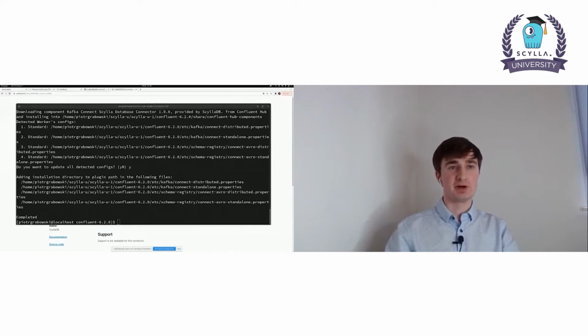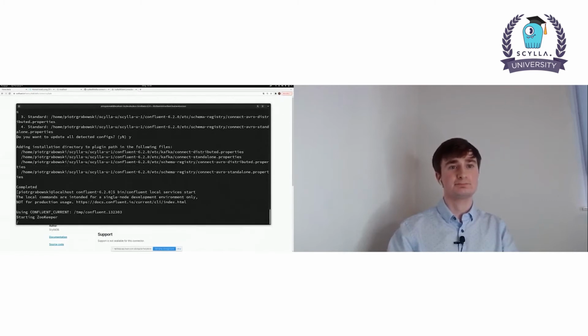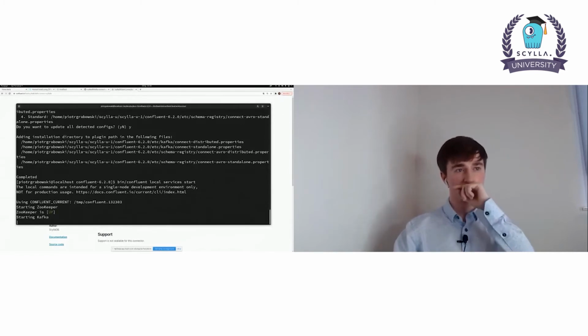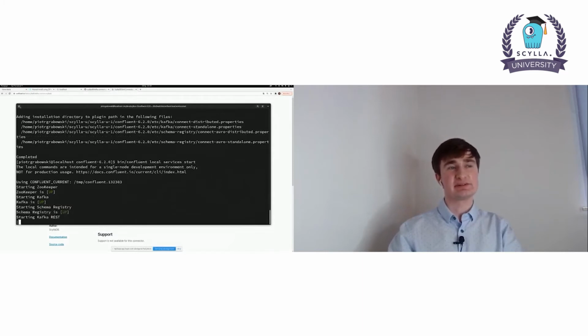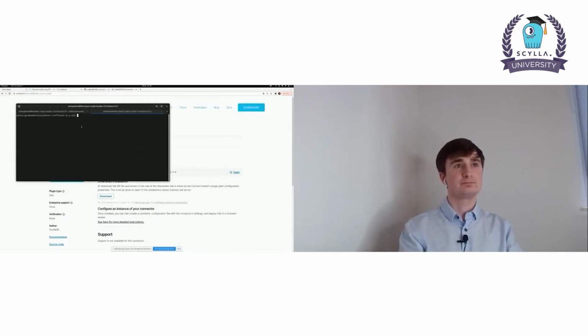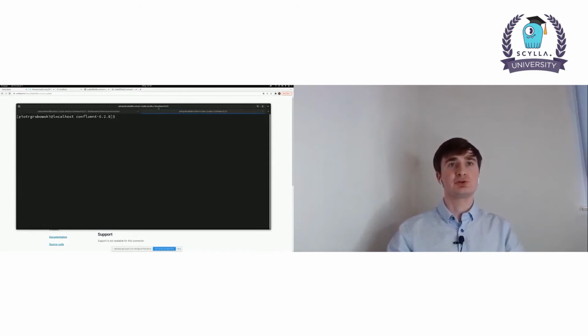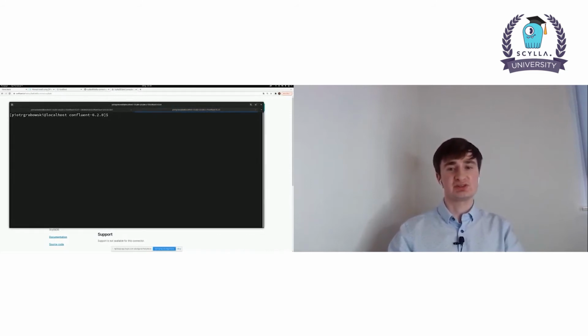As you can remember, we stopped the Confluent platform, so let's start it back. And while it's starting, let's start Scylla. During this demo, I will use Scylla in a Docker container, as it's the easiest way to run Scylla.